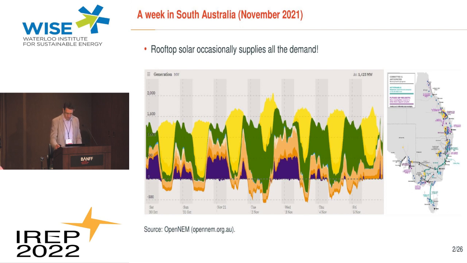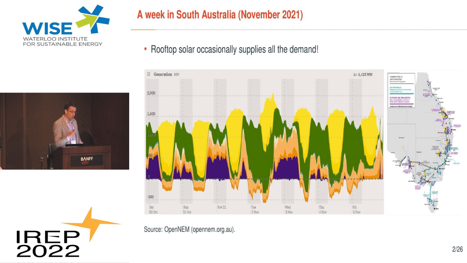So if you're not familiar with the geography of Australia, this is Queensland. And the national electricity market is the interconnection spanning the eastern seaboard, so Queensland, New South Wales, Victoria, South Australia, and Tasmania. So the name national is a bit misleading because it's not quite national and doesn't include Western Australia or the Northern Territory. But what I'm trying to show is that in South Australia, which is here at the edge of that long stringy network and quite weakly connected only to Victoria, even though it also borders New South Wales, rooftop solar can occasionally